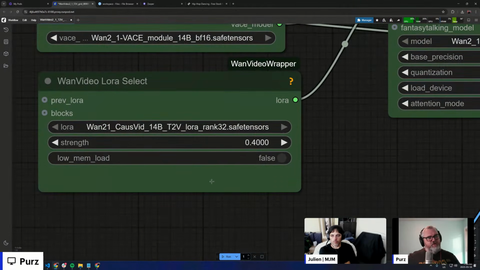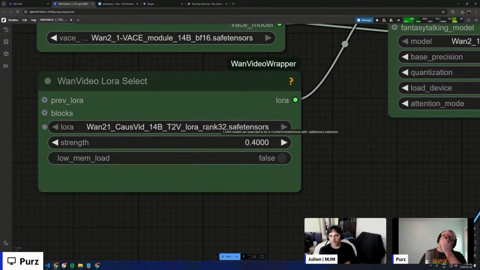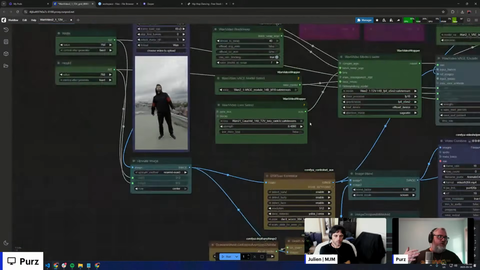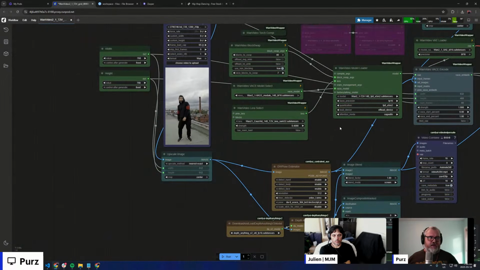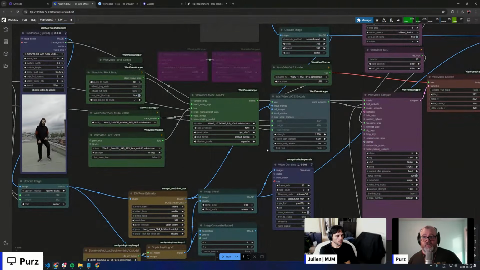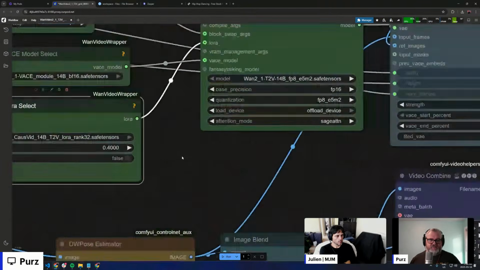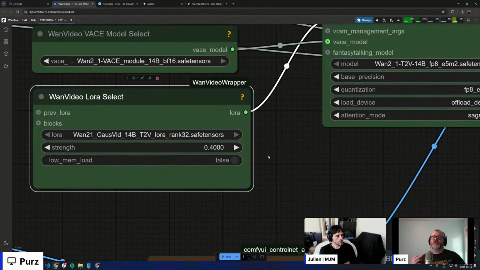And then we have this really cool thing called the CosVid LoRa, which, if anyone is familiar with Animate Diff or LCM models, or Flux Schnell versus Flux Dev, it's that kind of thing where it's a distilled version of the model. So instead of 20 to 50 steps, it's 4 to 8 steps. This is just a massive reduction in the amount of time that these take. So that's the CosVid. Actually, I have links to all of these